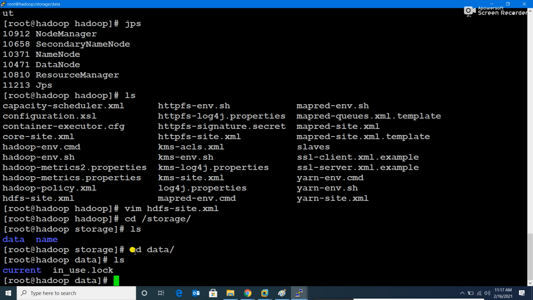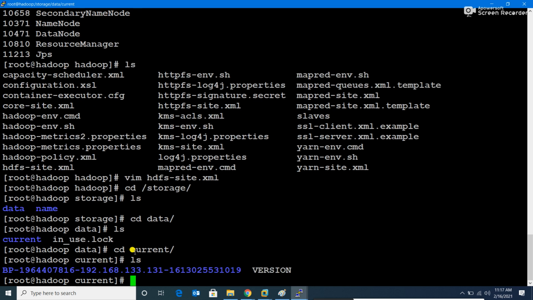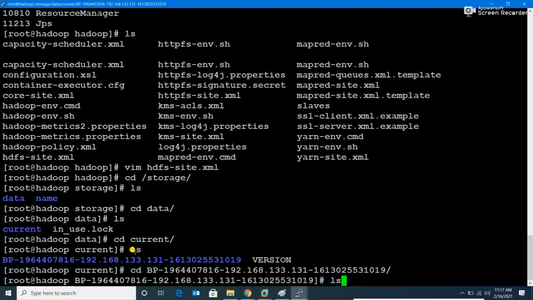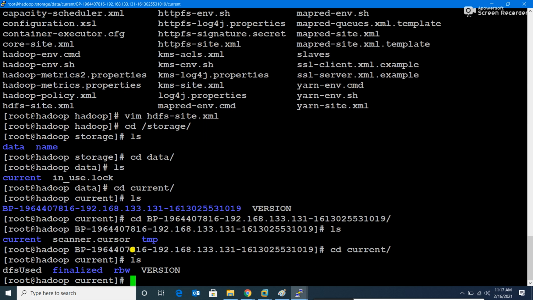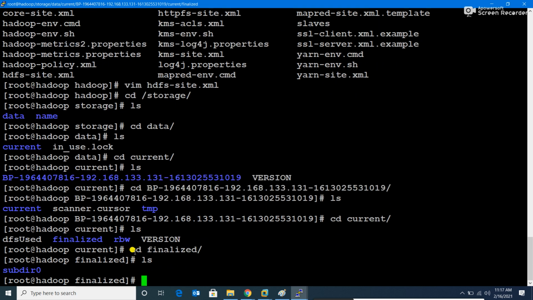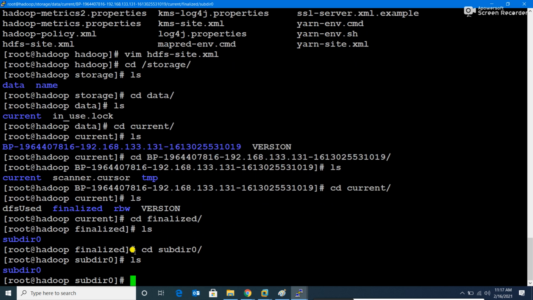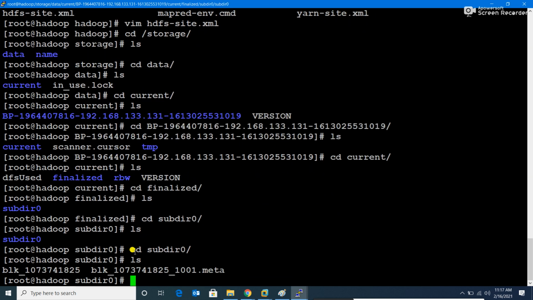So nobody has access to the back end. Now we have set up, that's why we have the access. Otherwise nobody has access to the back end, but we can explore that. So cd current, inside current, this is the block pool ID. We had spoken about block pool ID also. We had discussed that the name node gives a block pool ID for the purpose of storing the blocks, whatever files are coming through that name node, they will be stored under this folder. So cd this block pool ID, and here we have again current. Inside current we have finalized. Inside finalized we have subdirectory 0, and inside subdirectory 0 we have another subdirectory 0, and here we have the blocks created.